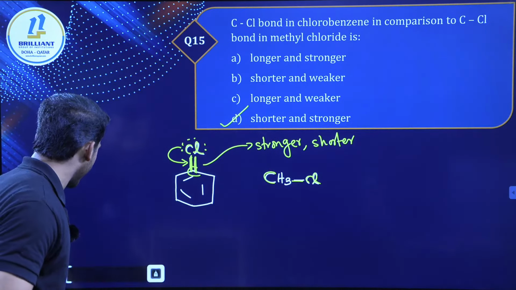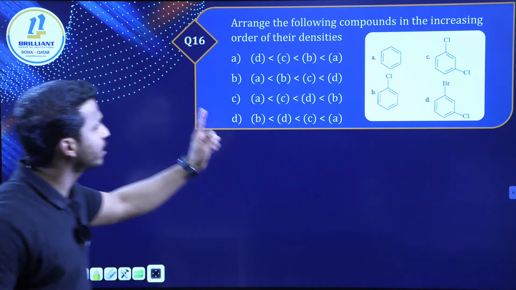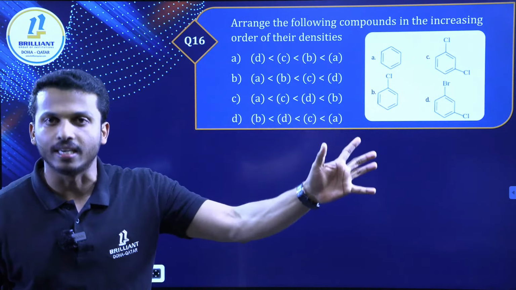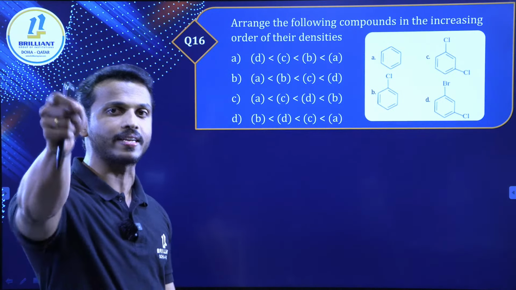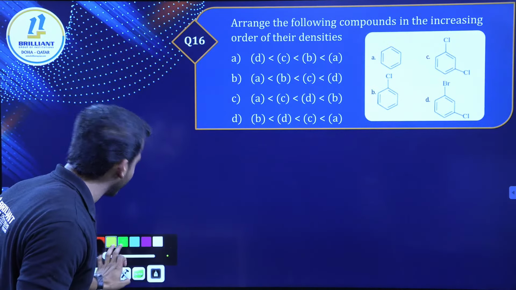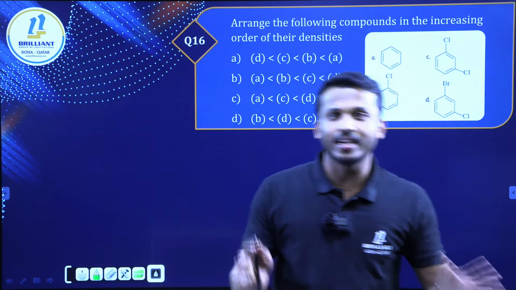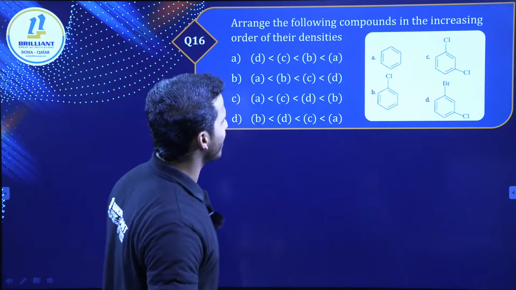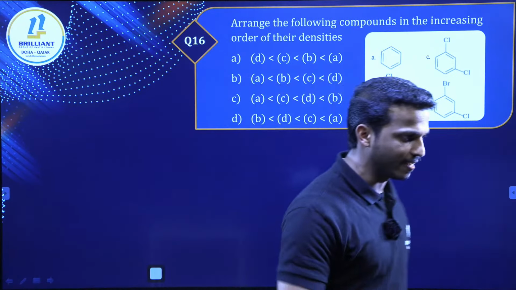So I'm going to the next question, dear all. Question number 15, we can discuss. Arrange the following compounds in the increasing order of their density. Here also I hope you can give a correct answer. Come on everyone, give a correct answer. I don't want a simple answer A, B, C, D. I need a correct answer which comes from your mind. Which one has the greatest density? What is the correct order of their density?